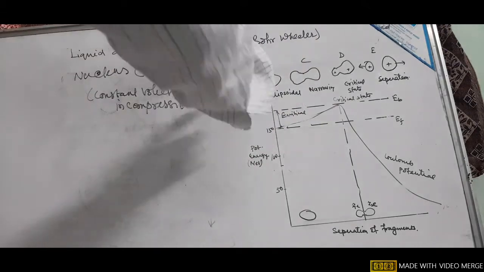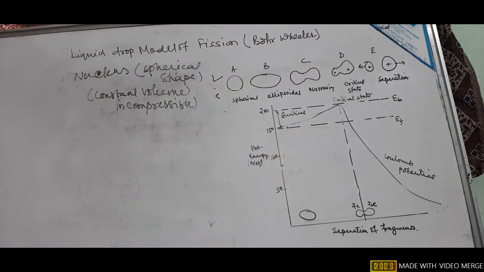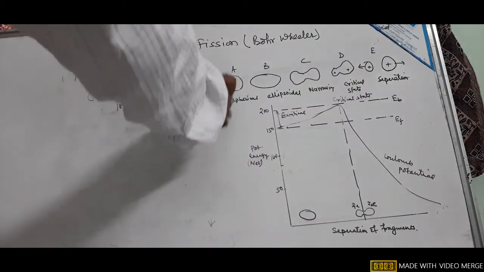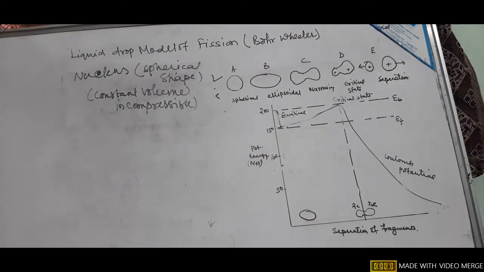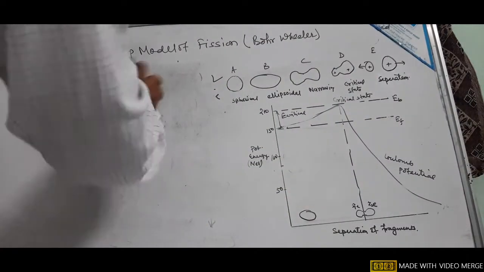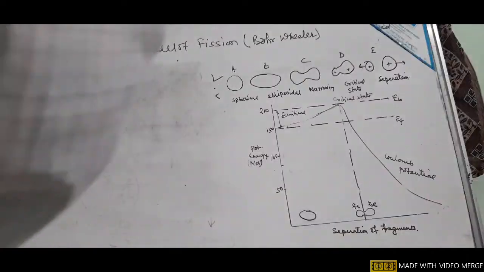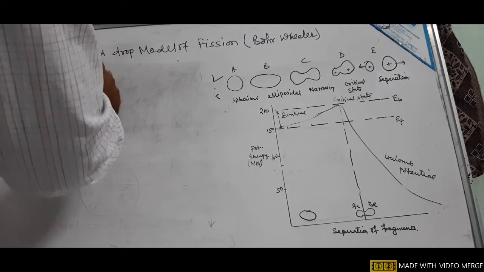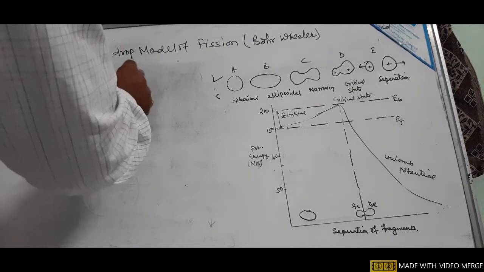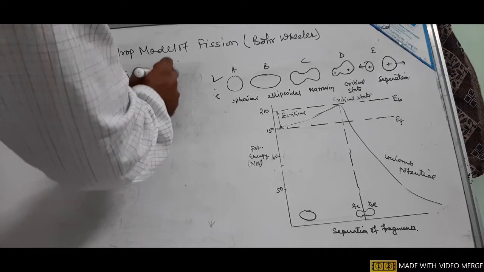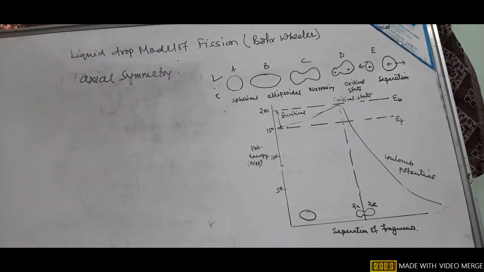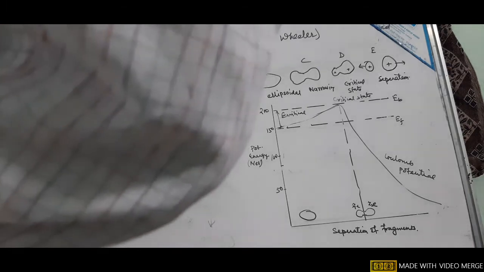So the deformation produced in the nucleus is a lowest excitation, and the drop retains its axial symmetry. On account of the axial symmetry, the deformation may be expressed